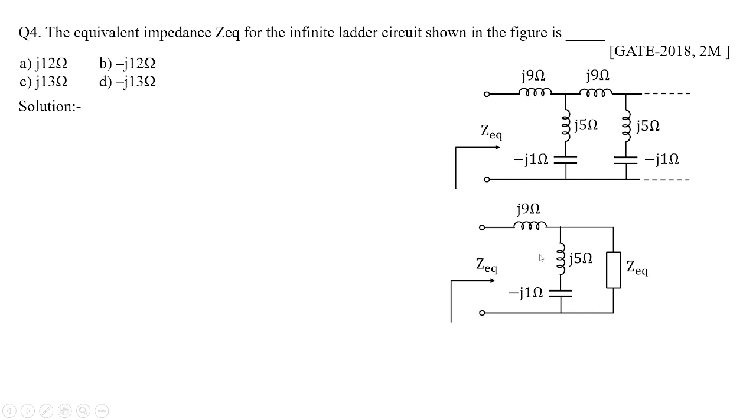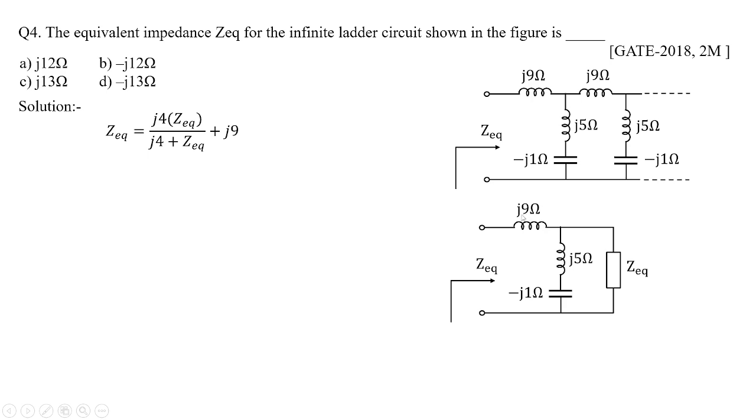So what we are going to do, we are going to replace the repeated network with the actual network, that is nothing but Z equivalent. So Z equivalent is repeated by the common parameters which are framed in a kind of series combination. So this network can be changed to this circuit with the help of the given information. With this, I can calculate the Z equivalent, which is nothing but the parallel combination of these two parameters in